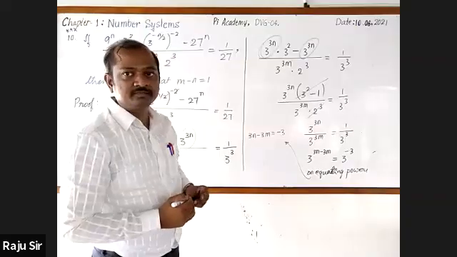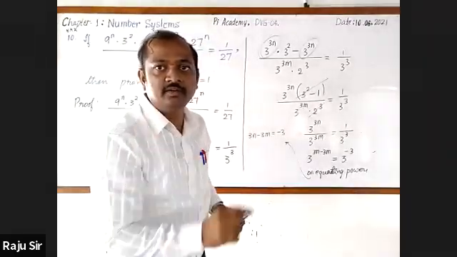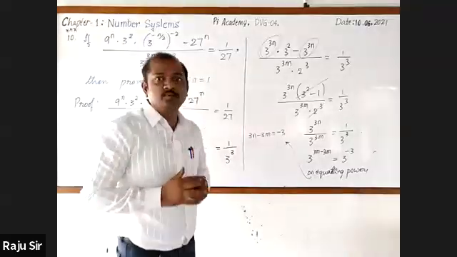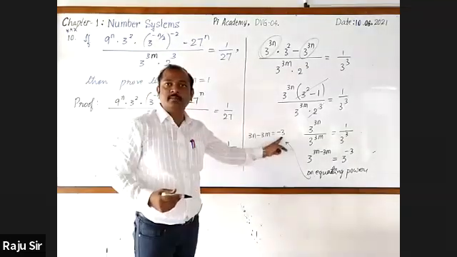Further, what can be done? Oh, Lakshmi, you are trying. Transpose. No, sir, 3 common, sir, we can take. Reciprocal, we can do. Very good. 3 can be taken as a common factor. Common factor means you can divide all the terms by 3 also, because all the coefficients are multiples of 3.